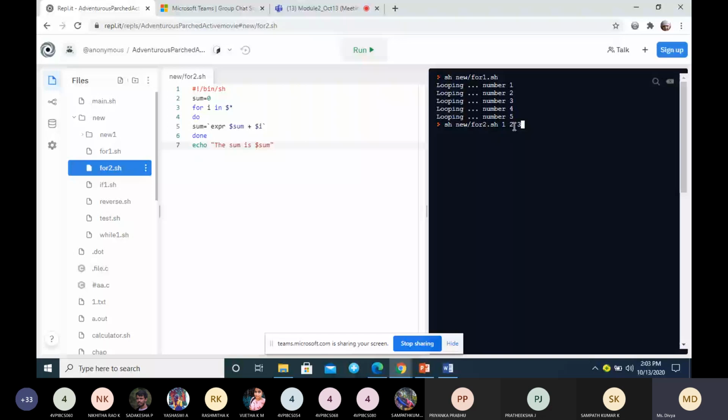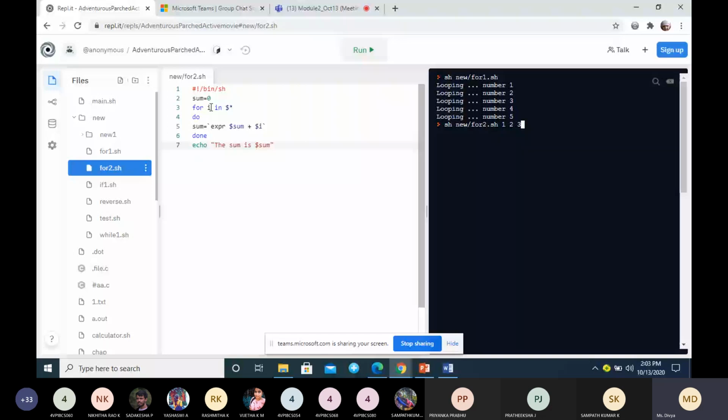So here I will be taking the value 1, 2, or 3. i will be assigned to item 1, which has 1, then item 2, and 3. Now this program is to find the sum of these numbers using a for loop. Initially sum is assigned the value 0.